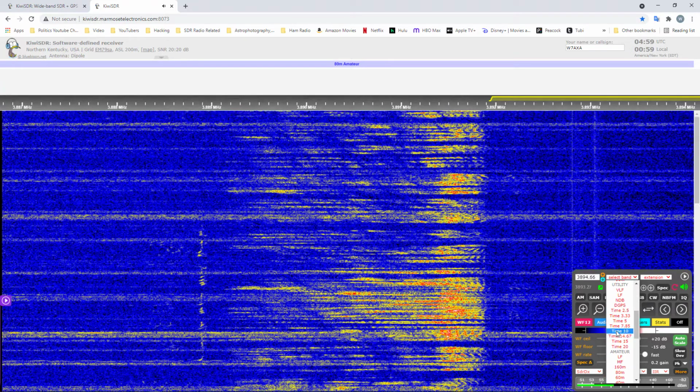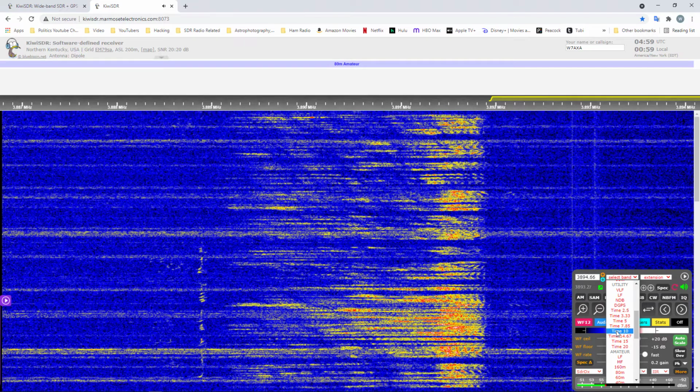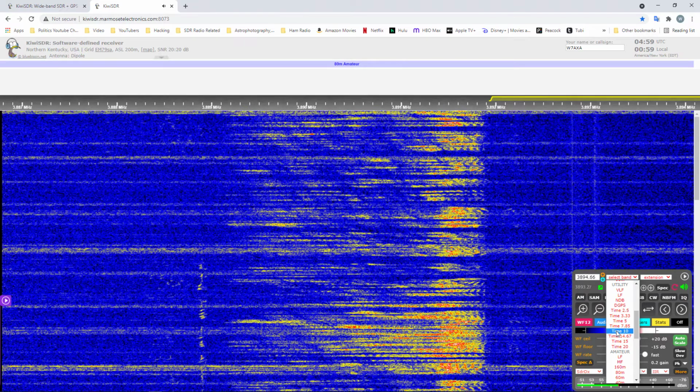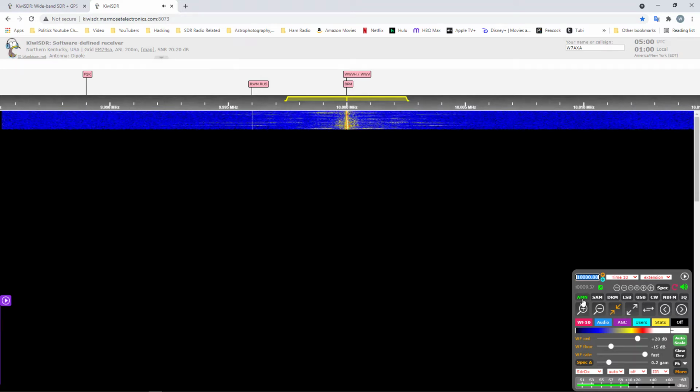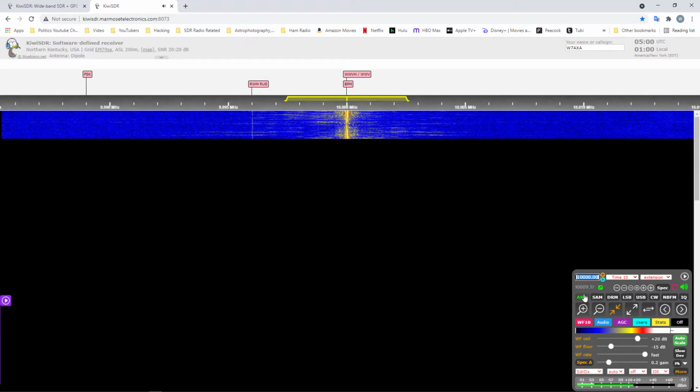So like if I go to 10 megahertz, that timestamp station should be banging away. 10, 15, and 20 megahertz, providing time of day, standard time interval, and other related information.